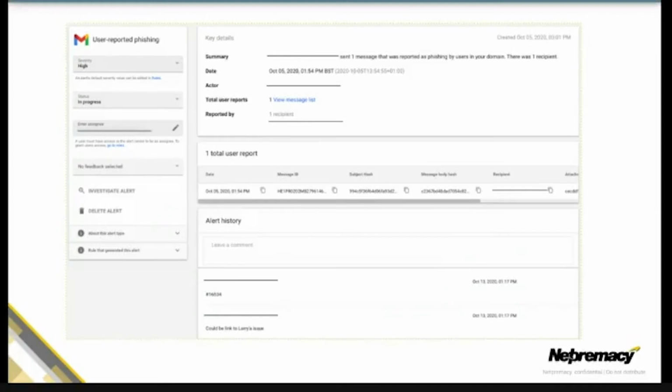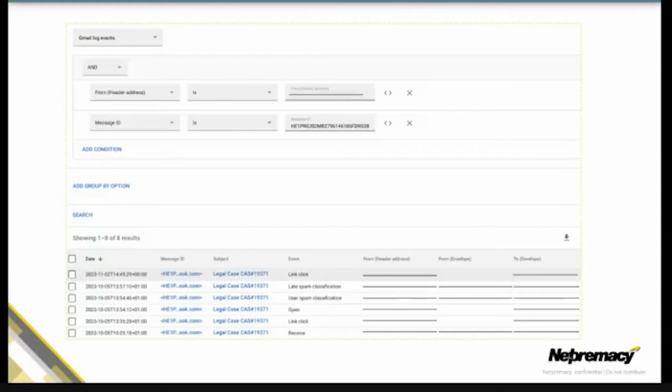And from here on the left, I can do things like change the severity if necessary, but I can also apply a status to show that it's been worked on and actually assign this alert to someone within the team. And at the bottom, we can also add some comments into the alert history, maybe provide some more context or even an internal case reference for our ticketing system. And these are really useful for collaborating on issues within your team. But let's move on to the actual investigation of this issue. And to do so, we'd click on that Investigate Alert button on the left there.